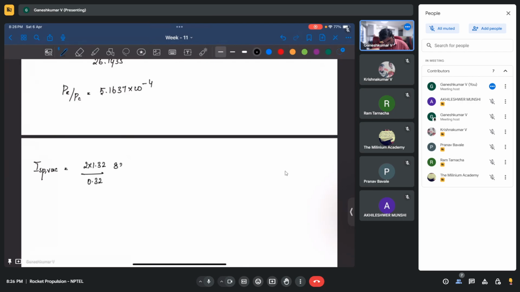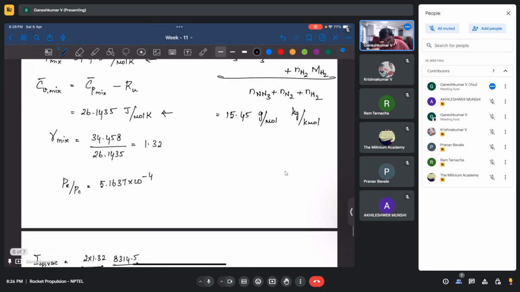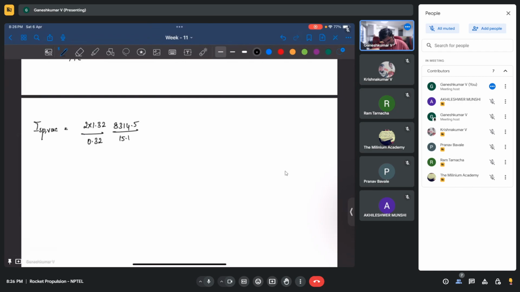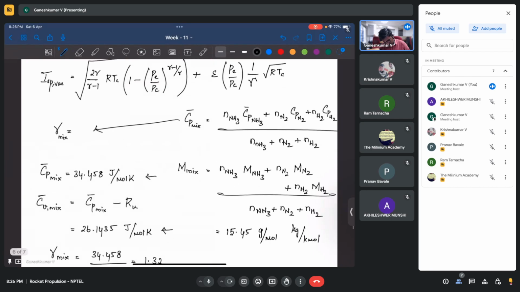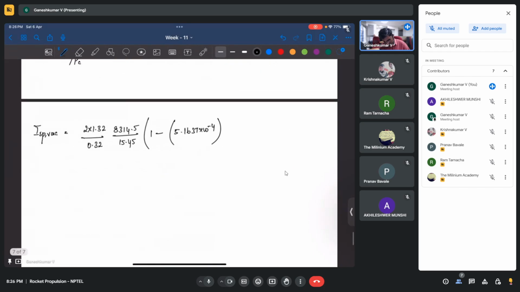R is 8314.5 divided by molecular weight 15.45, into 1 minus 5.1637 into 10 power minus 4, to the power gamma minus 1, which is 0.32 by 1.32, whole square plus